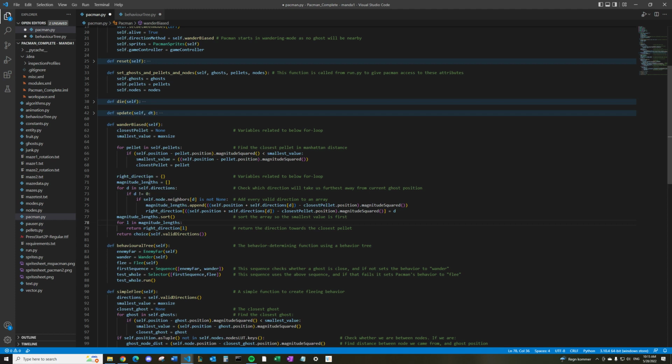So these things are put into a dictionary and an array, and then we sort the array, and we simply take the smallest, which will be the first entry,